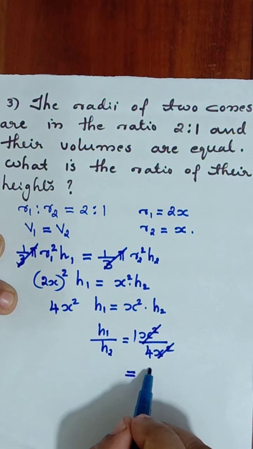That is, the radii of the bases of a cylinder and a cone are in the ratio 3 is to 4 and their heights are in the ratio 2 is to 3. What is the ratio of their volumes? Two things are given to us, children. The radii of the bases of cylinder and a cone are in the ratio 3 is to 4. So how do we write that? Radius of cylinder is to radius of cone. That's equal to 3 is to 4. Let it be 3x and 4x.